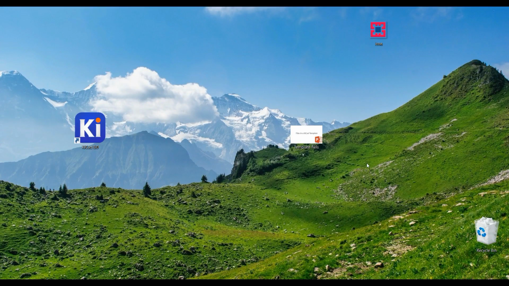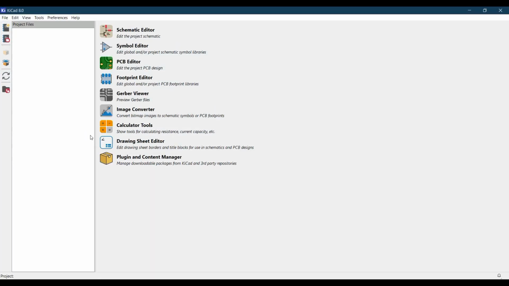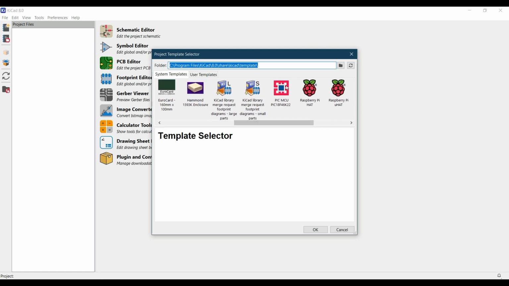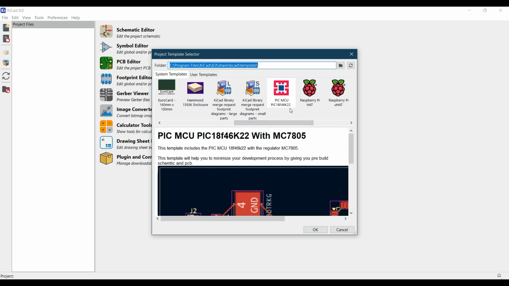Now till now we have designed our own template. Now it's time to use that template. So let's launch our KiCad 8 and let's create our project using that template. So for doing that, go to file, new project from template, and over here we have this PIC MCU PIC18F46K22 template